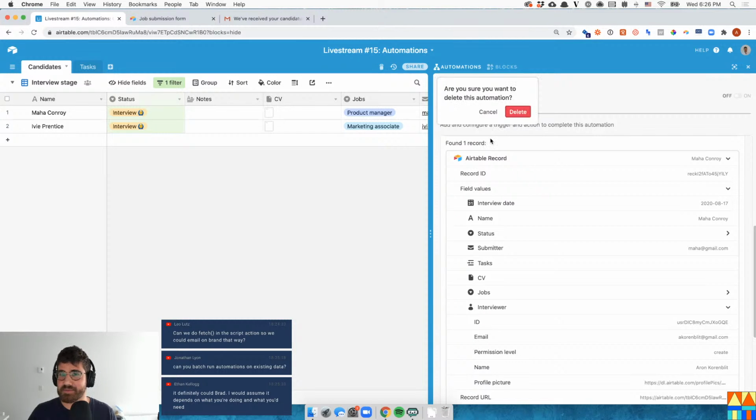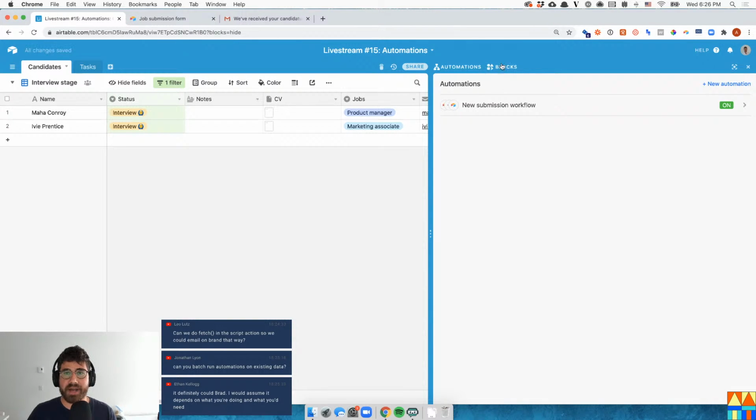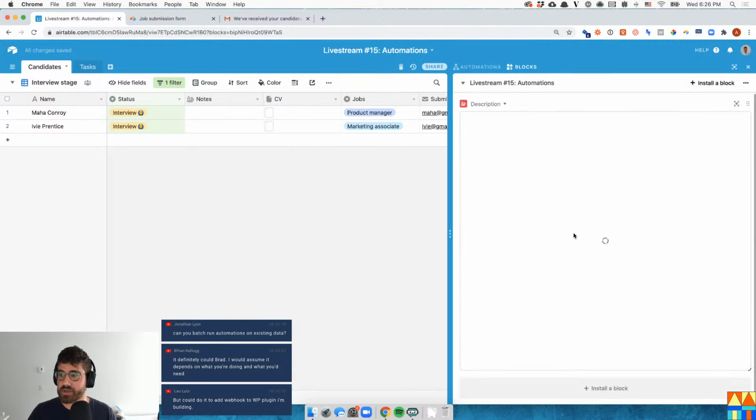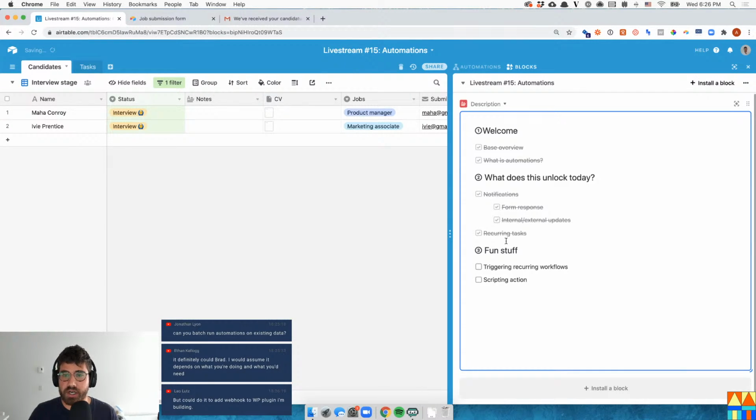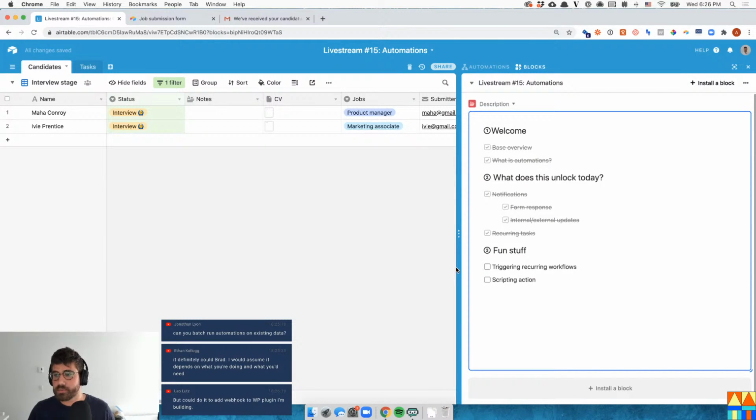So let's delete this automation. Let's come back to our workflow. And then there's a question around, can we batch run automations on existing data? And the answer is sorta. So let's talk a little bit about this. This is the part where this might work, it might not. I'm excited to try it out. So first,